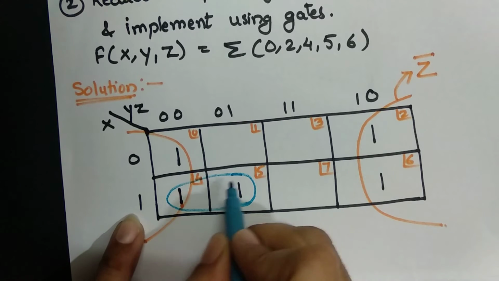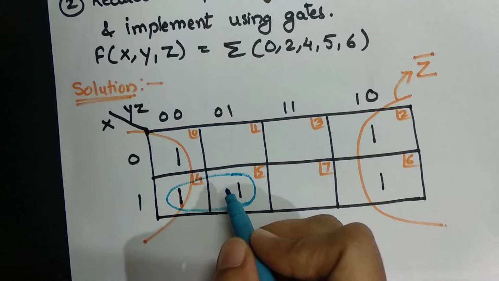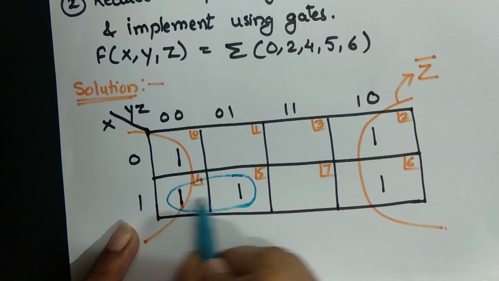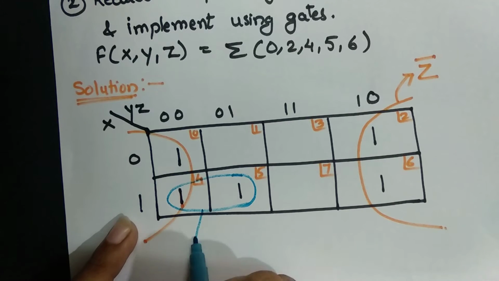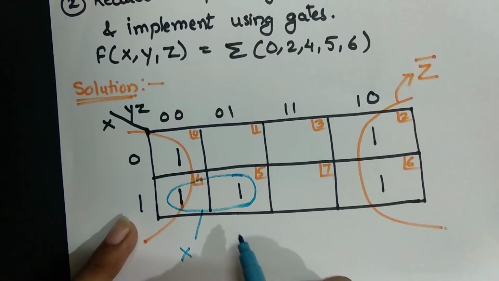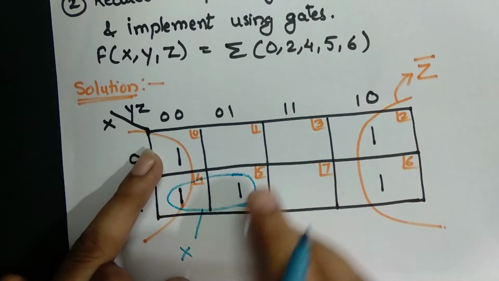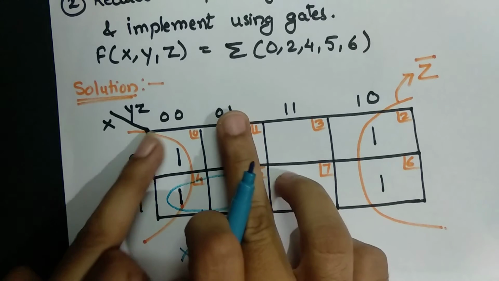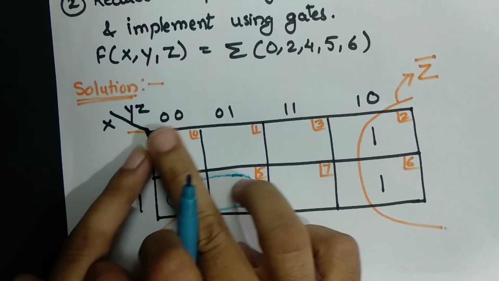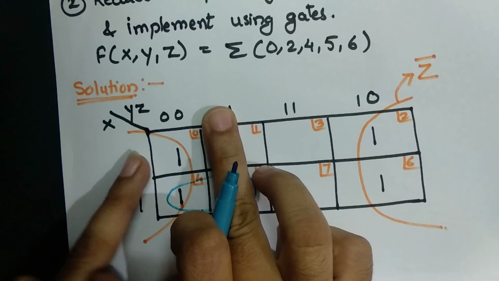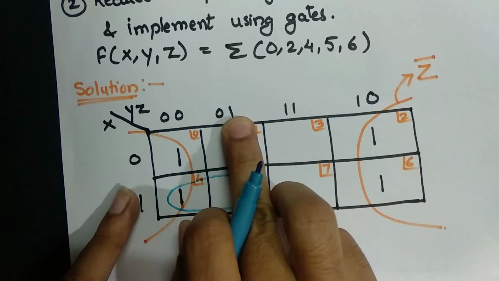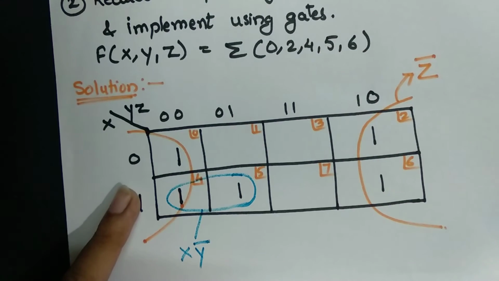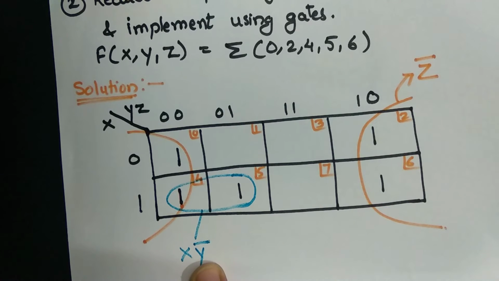Okay. Next term is this group, the second group. In this case, this one comes in a single column where x is common, so we will write it as x. If we see column wise, the 1 is available in these two columns where y is common, 0, 0. In both cases 0 is available, so this will be y bar. In z, 0, 1 is changing, so leave z. So your next term is x y bar.